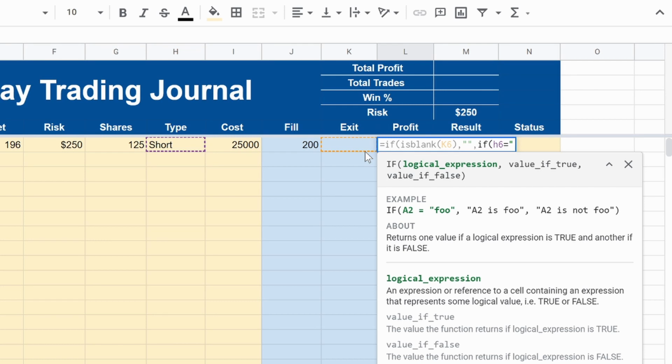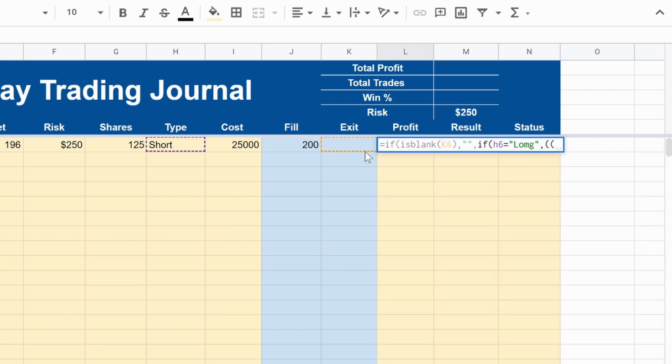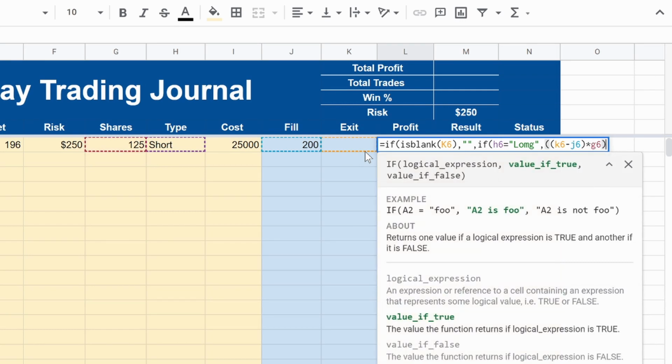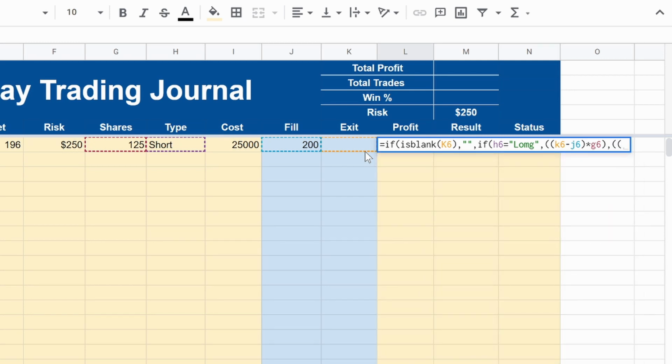So if it equals long, then here's the formula we're going to need. So open parentheses, we want it to be K6 minus J6, close parentheses, times G6, close parentheses, comma. Now this is saying if it's not long, so if it's short, then we want J6 minus K6,